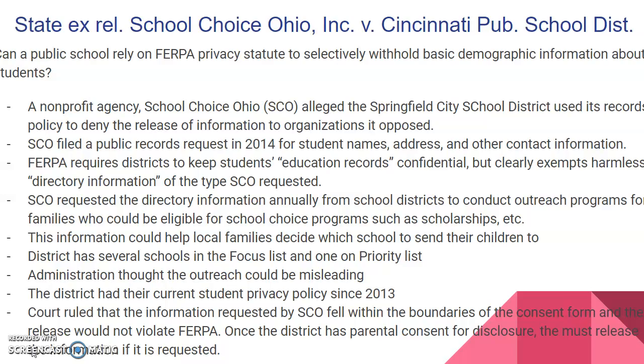SCO filed a public records request in 2014 for students' names, addresses, and other contact information. FERPA requires districts to keep students' education records confidential, but clearly exempts harmless directory information of the type SCO requested. They did this every year from school districts to conduct outreach programs for families who could be eligible for school choice programs. This information could help local families decide which school to send their children to, and ultimately the court ruled the